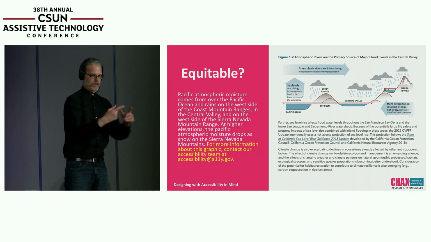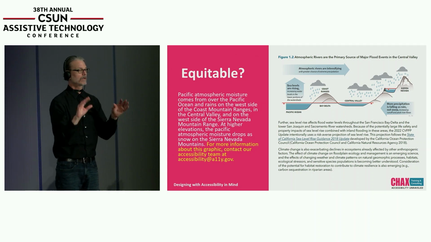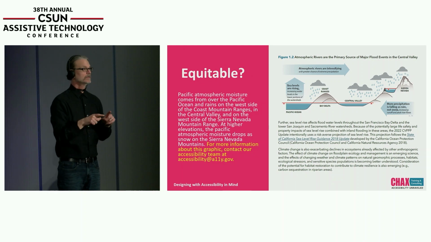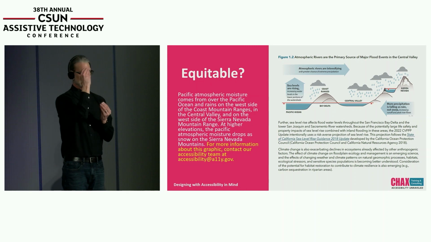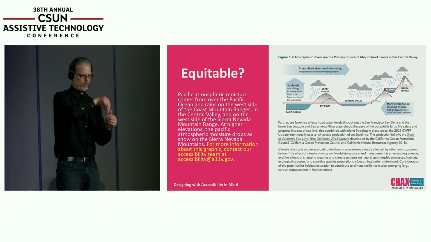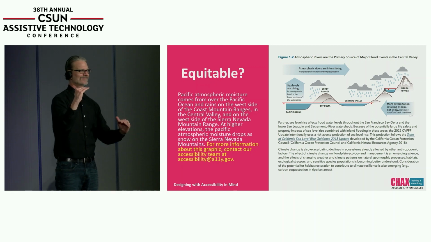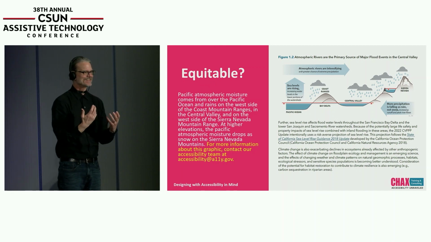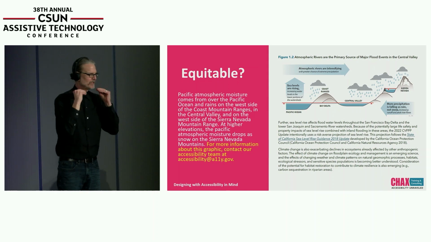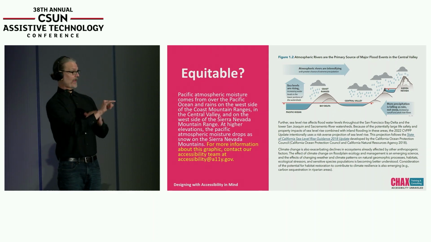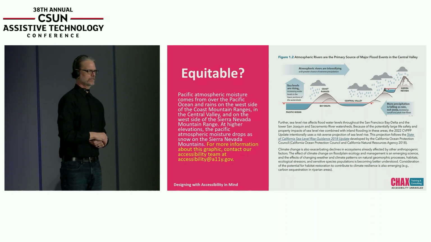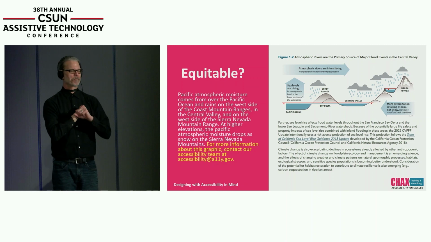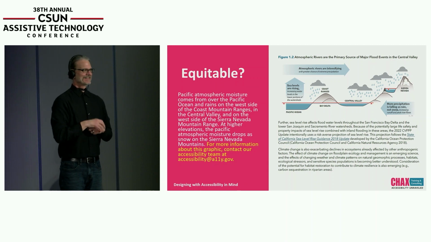When I look at the alt text, I'm not going to read what it says, but it gives a summary of some of the things in the infographic, but it's missing all of those blue arrow points. That's a disparity. We missed the ball. And then at the end, it says, for more information, contact us about this graphic at a website address that I made up to protect the innocent. I don't know if they're innocent, but to protect the people that made this graphic. That is not an equitable experience.